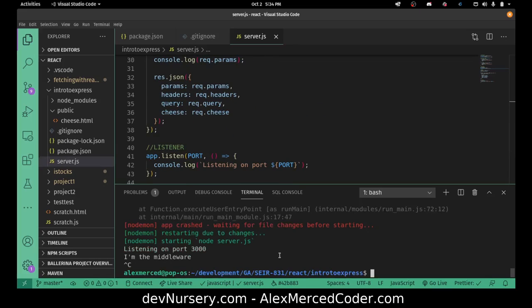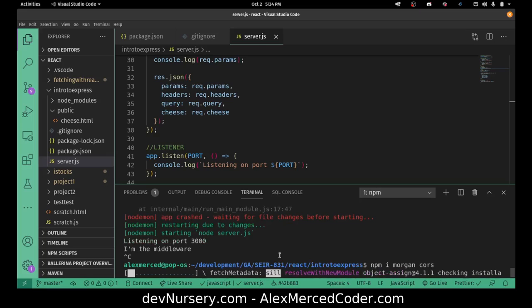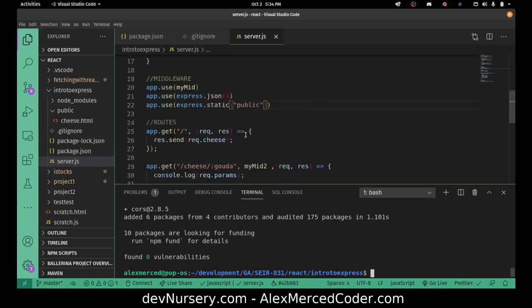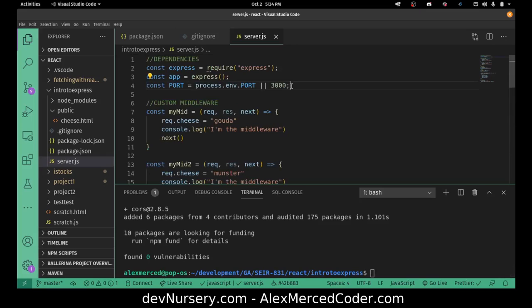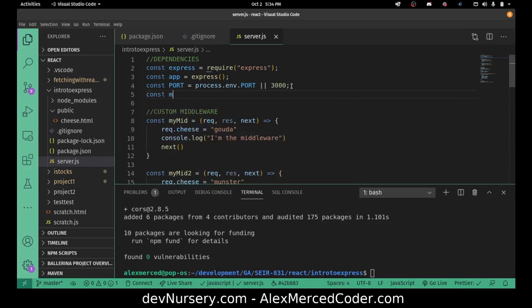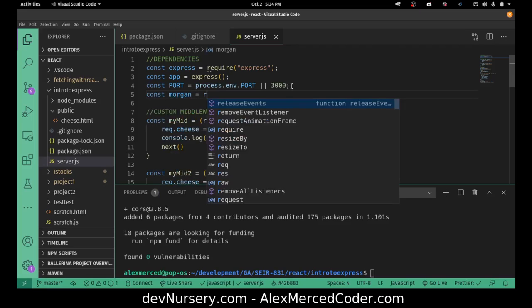A couple other useful pieces of middleware you're going to want is npm i morgan. So we want to install Morgan, and we want to install cors. These are ones that you're generally always going to want to install. Again, when we have new libraries, we have to bring them in. So const morgan equals require